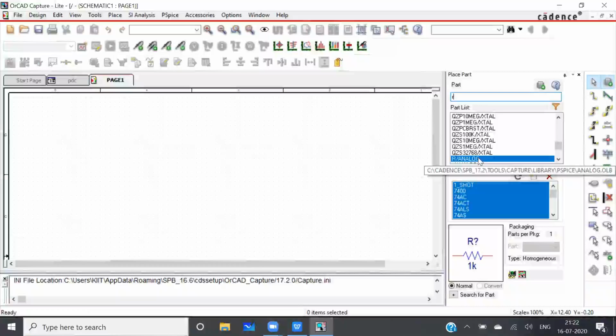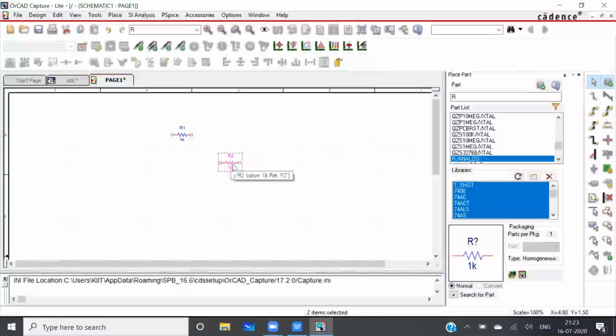Then I will double click at this place in this R/slash analog. So you can see here, this resistor comes in this designing window. So I'll place one. I require two resistors, so I'll put two resistors. I don't need further resistor, so I need to press escape.